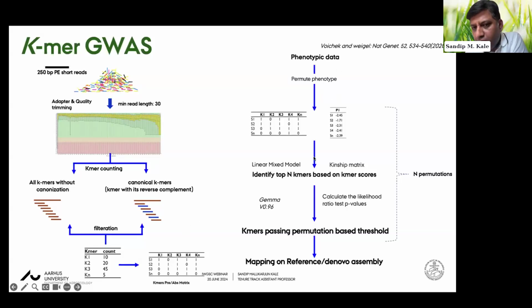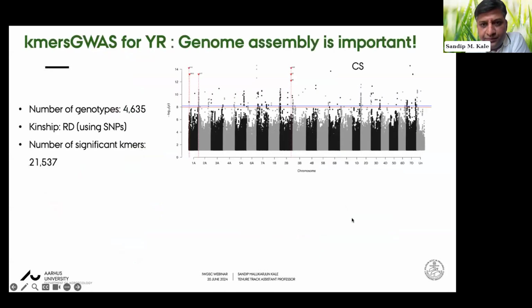The main challenge with this k-mer based approach is that you get billions of k-mers, and it's highly computationally challenging to perform genome association for each k-mer. That's why they have this permutation-based strategy to identify the top 1 million k-mers, which can be used in this linear mixed model for doing the actual genome association studies. Here I'm showing this result for yellow rust, where we identified k-mers from